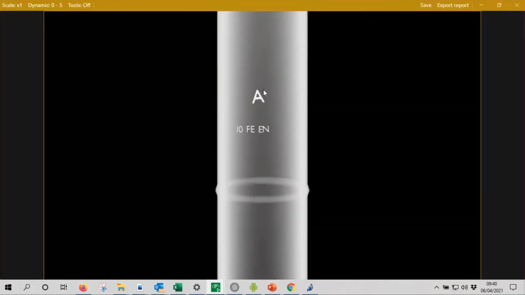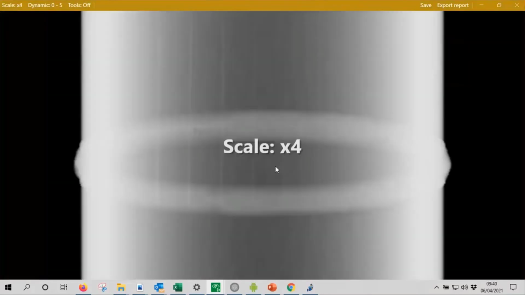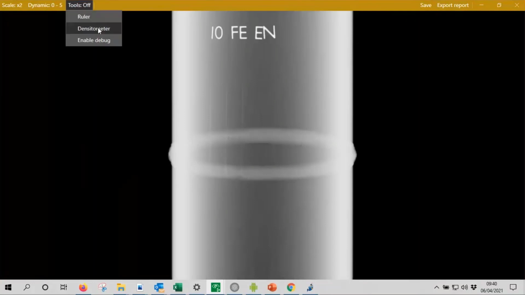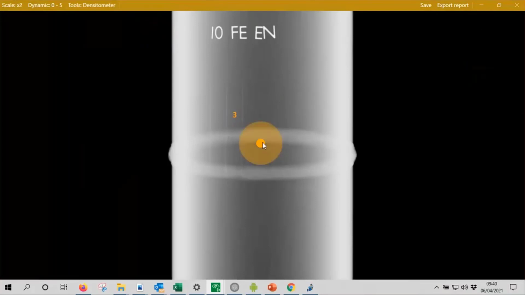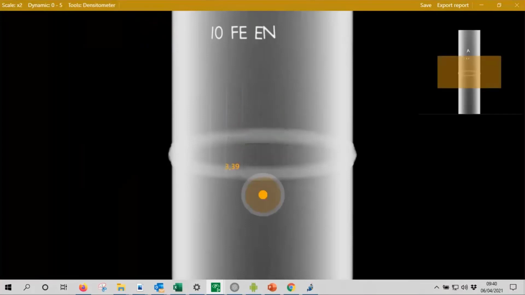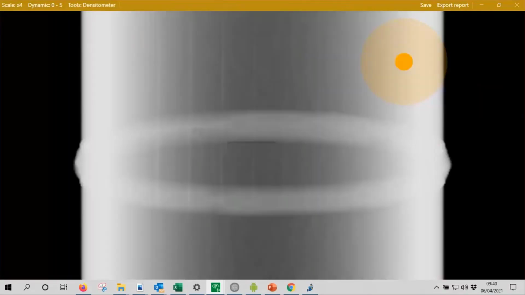And you see here the tube with the ellipse. I can zoom a little bit. And you can see here that I am around optical density of 3. That's correct. Base metal here. You can also have optical density measurement. You can see the IQI, different IQIs, the ellipse.